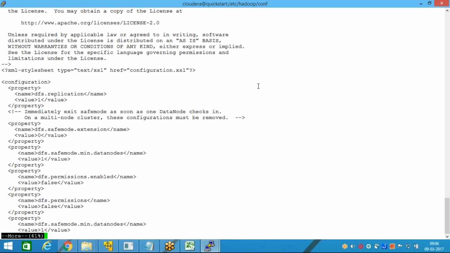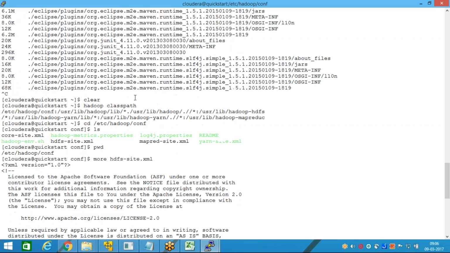You can do it through Cloudera Manager. When you do it through Cloudera Manager, it will store it in its own repository, and whenever you are starting new stuff, it is going to keep all that and replicate this information into all the nodes. Even if I change something here, when you restart Cloudera Manager, it is going to be overridden here. And for all your permissions, replications, all that information is going to be there in your